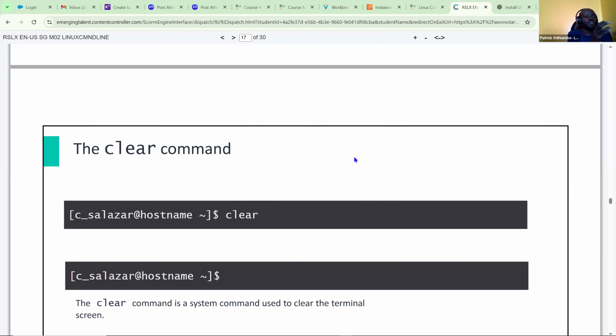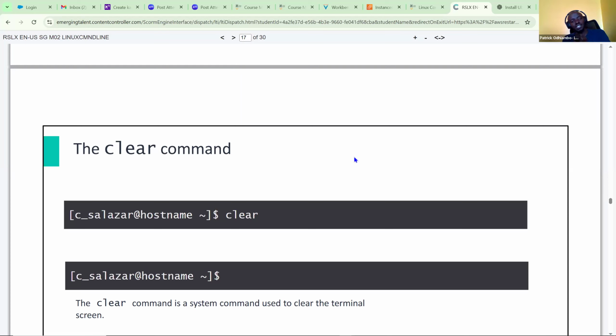Remember, this is a command. There is always an option that you can use with it, and then there is an argument that can follow. But here we're just talking about the basic command. Then there's the clear command. This is the most important command of them all, according to me, because after you've worked on your terminal and your current page is full, you want to clear it so that you get some more working space, and your work stays clean as you continue to work. You use what we call the clear command.